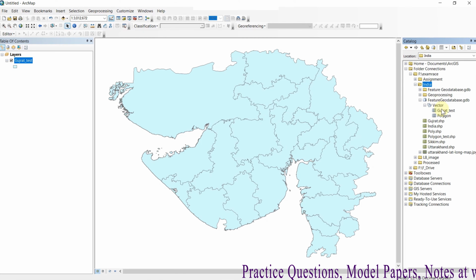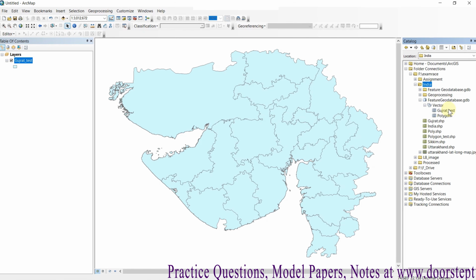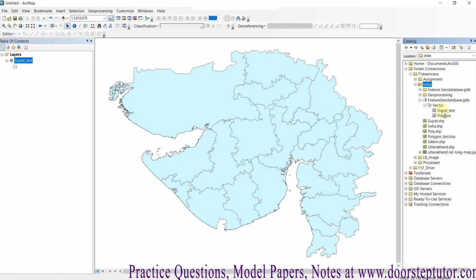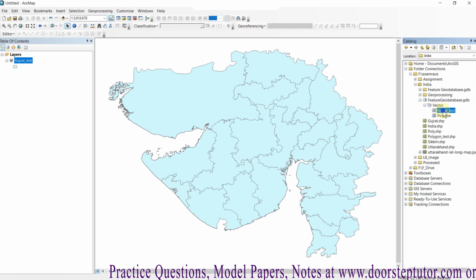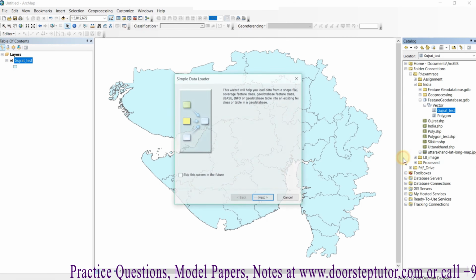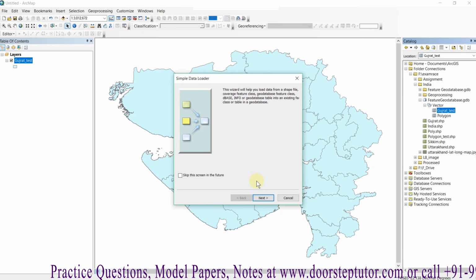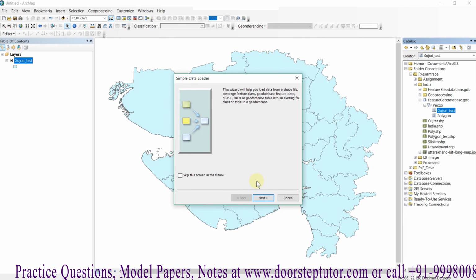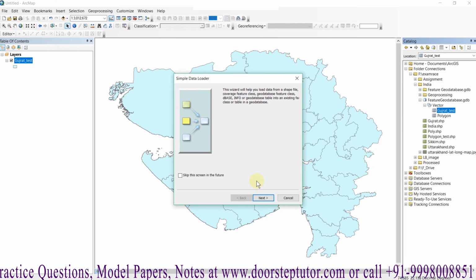If I want to add something not to the data set but to the feature class, what should I do? I should simply use the load option. Just right click here, you can see the load option. With the help of load data, you can add any data within the feature class but not the data set.